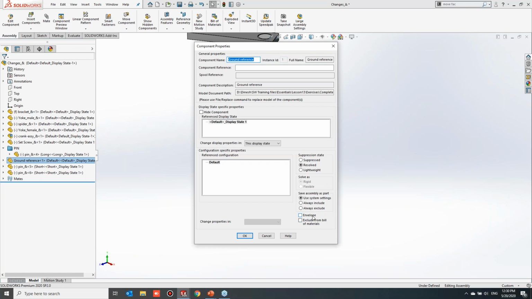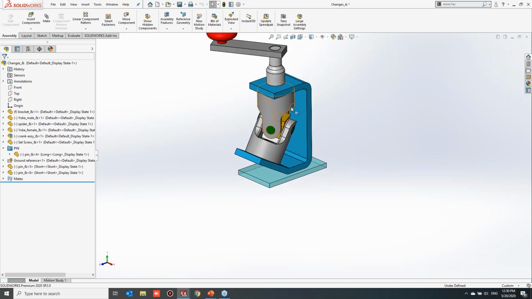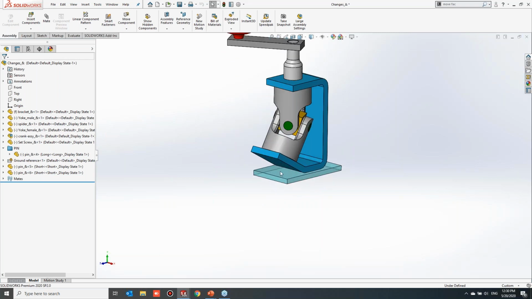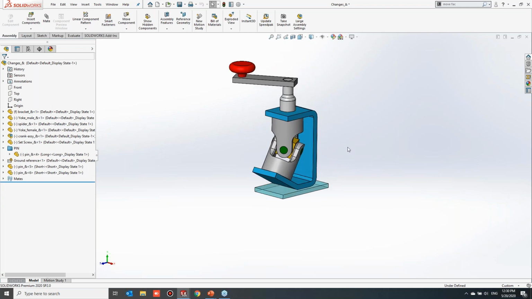Here you will find an option called envelope. You can select the option envelope and click OK. Once you make the component an envelope, the graphical appearance will change. It indicates that this component is an envelope, and also in the feature manager, you can see an envelope-like symbol. This indicates that this component is an envelope component. Okay.